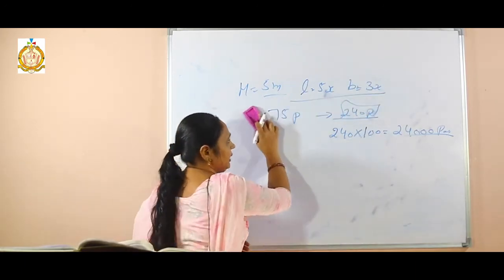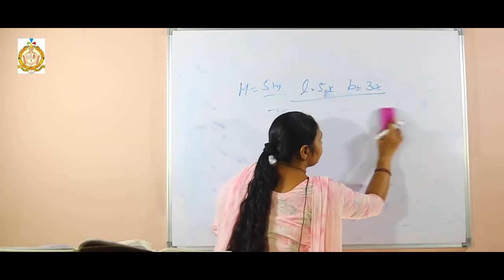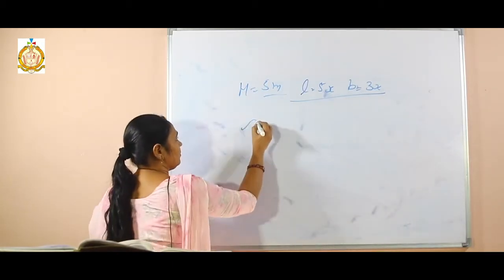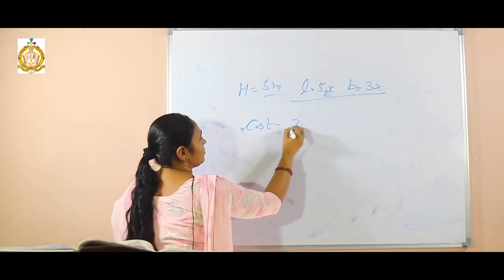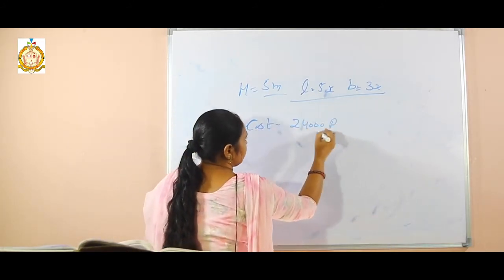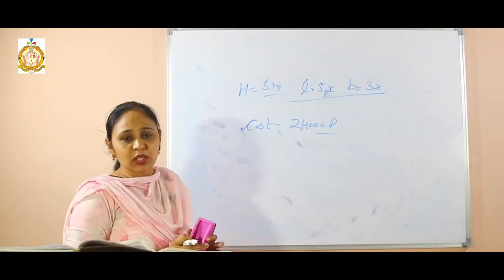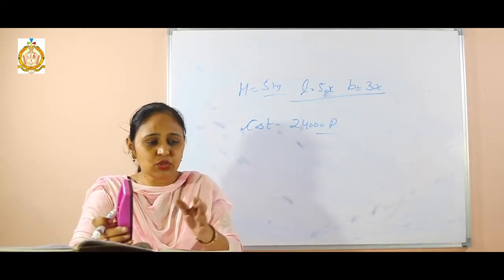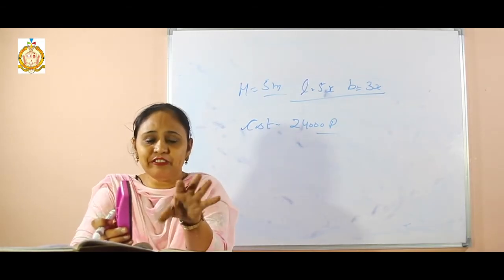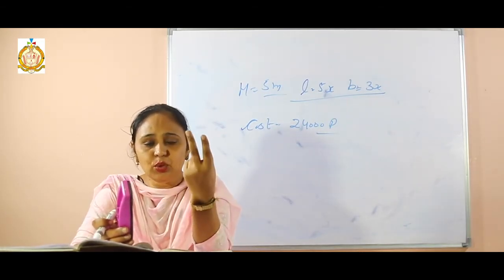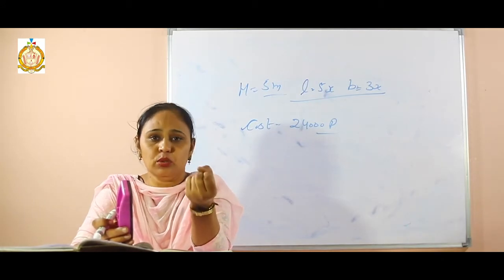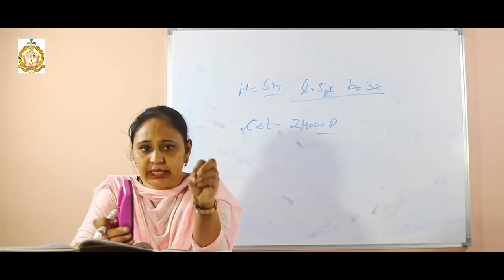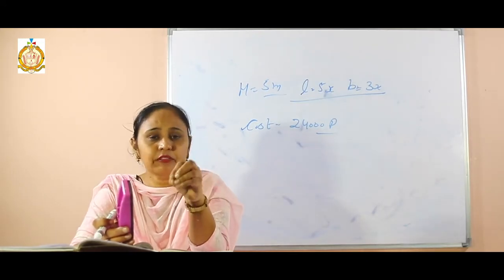Okay ji. Then this I solved. Now see students, he says that if I give you an example, I want to buy 5 candies and 1 candy costs 2 rupees. What will be the total cost? That is 2 multiply 5. That means I have to give 10 rupees, then I can buy 5 candies.